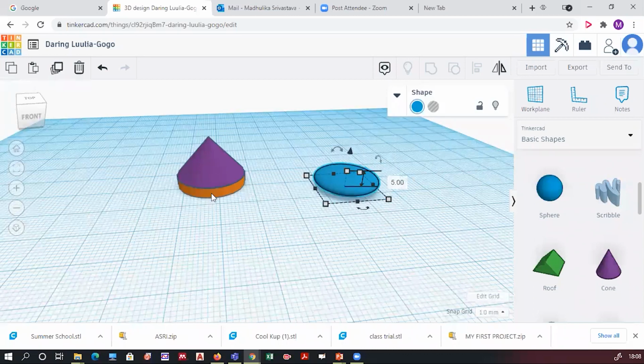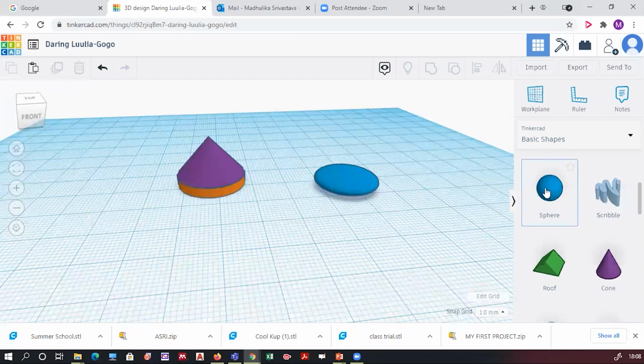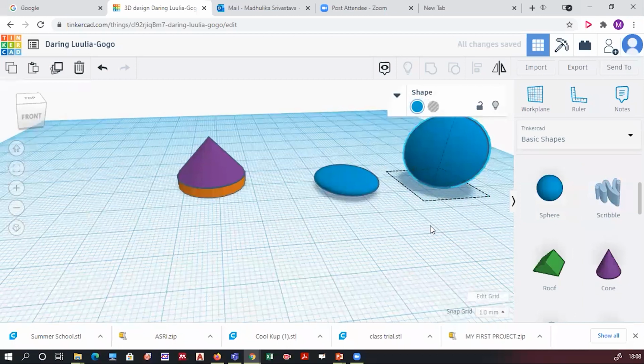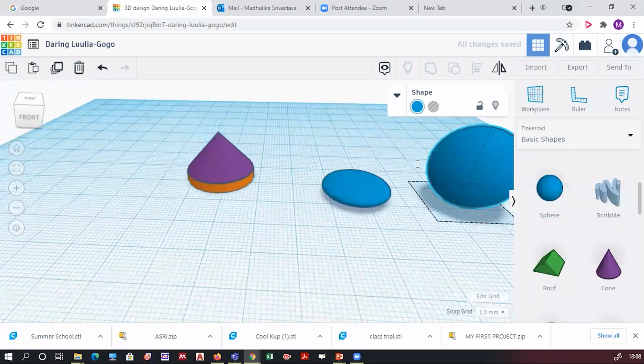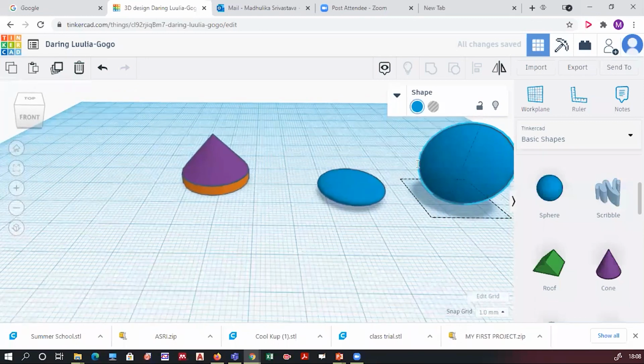So the cylinder height was 3, the cone height was 11, and the sphere height is 5. The yellow portion is the oval one. For this blue portion, you have to go to sphere and select it. After selecting this sphere, reduce its height to 5.